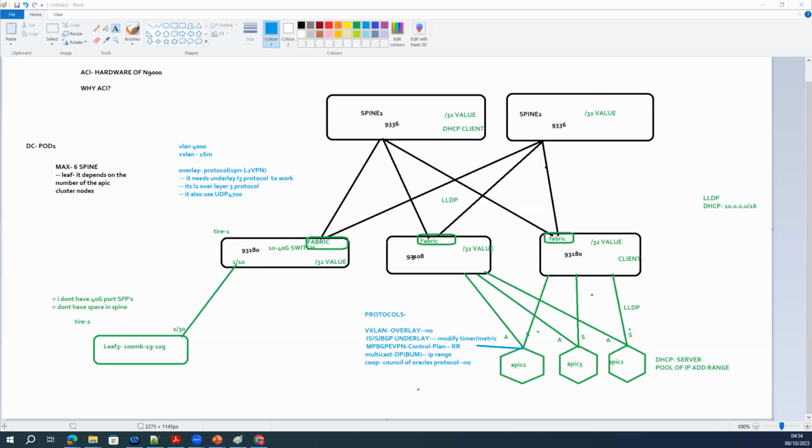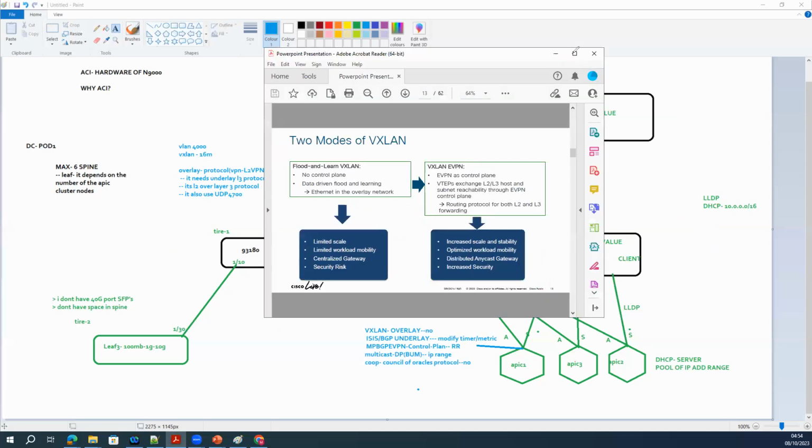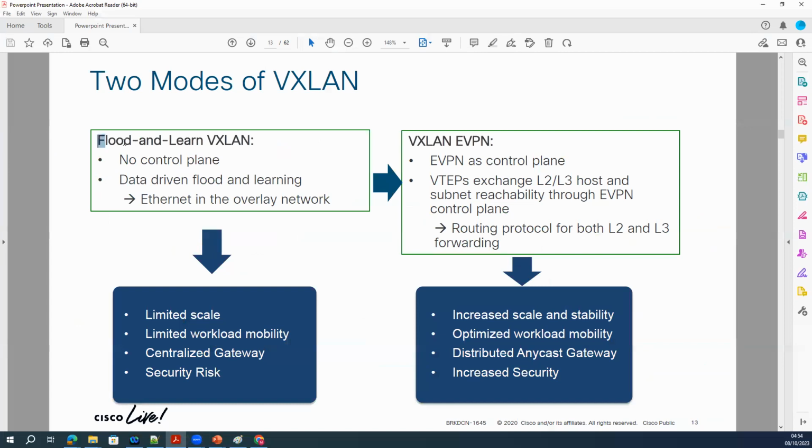If you compare layer 2 with layer 3, VXLAN has two types of mode. One is flood and learn mode. Second is VXLAN EVPN. Flood and learn means without MPBGP EVPN. If you want to use the fabric as pure layer 2, suppose you want to use ACI as pure layer 2 with no external communication, you can use that.